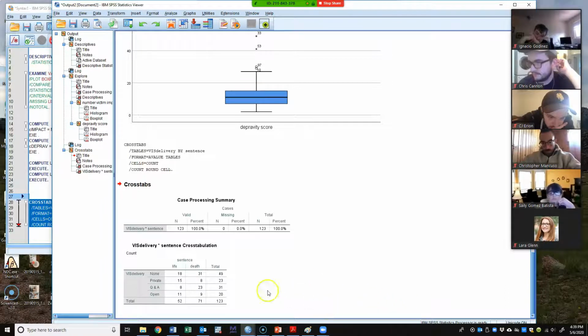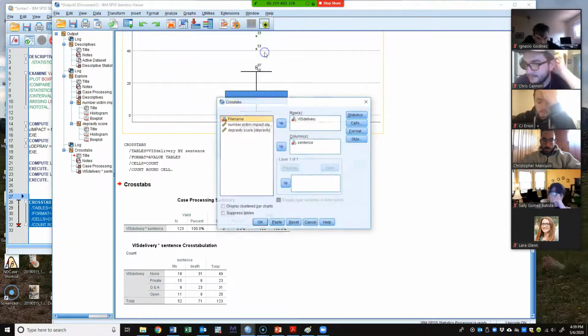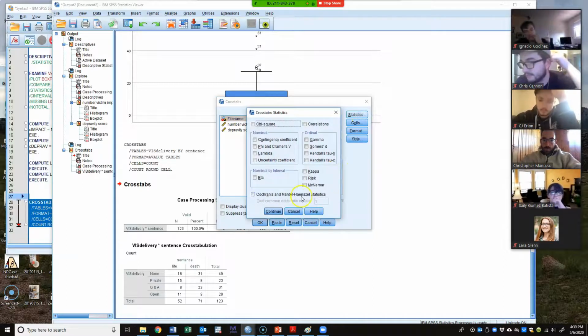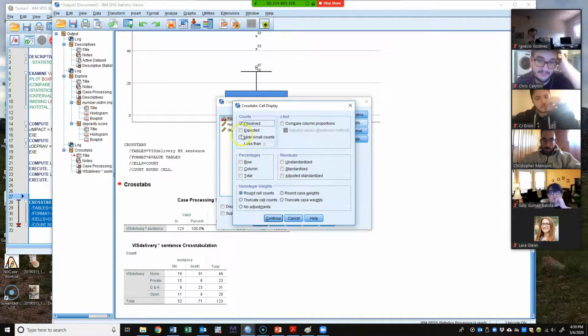So again, here, Chris M., I've got some cells with some smaller values, right? But they all seem to be reasonably represented. The other thing I can do is go back to my descriptives, go to my crosstabs, and ask for statistics here. And nope, that's not it. Cells, and I can ask